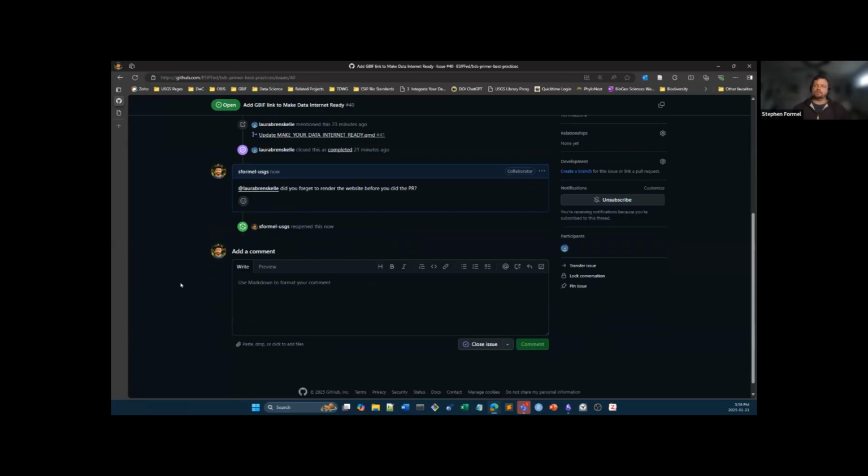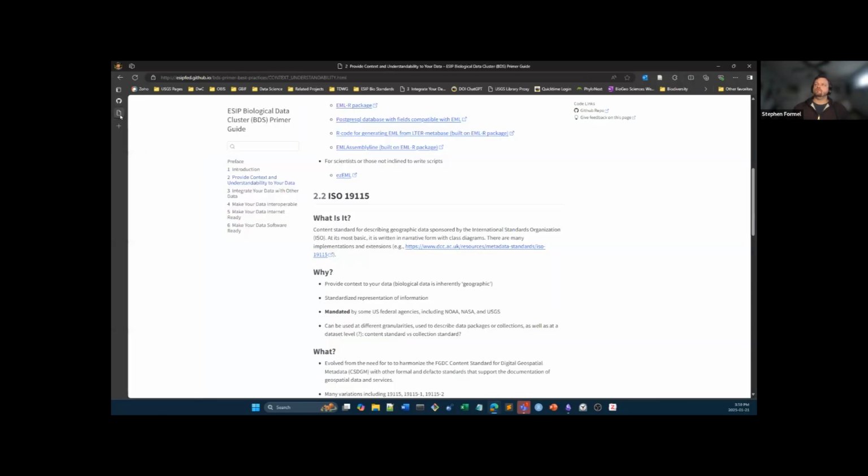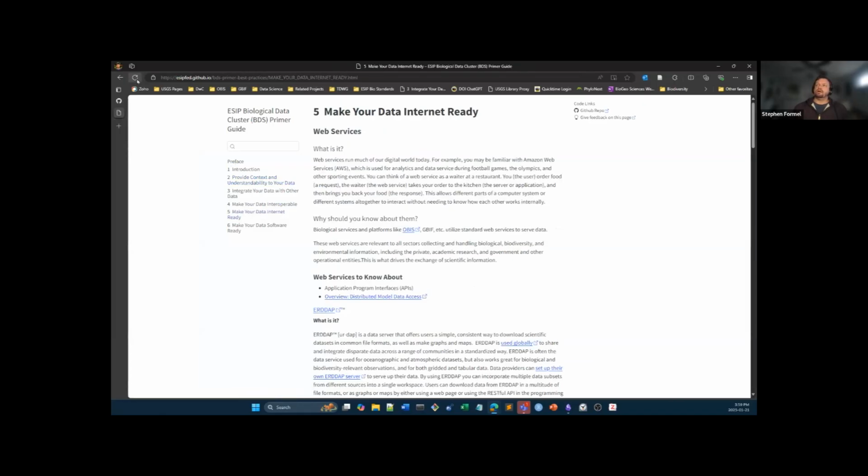The way that we started out, and this was, I think, just out of naivete, we started out rendering it locally and then pushing all that HTML to the repo. And so, for example, if we go back to the section that Laura had made that change on, let me show you here. You can see that GBIF still doesn't have a link. But Laura, you had added that link, correct?